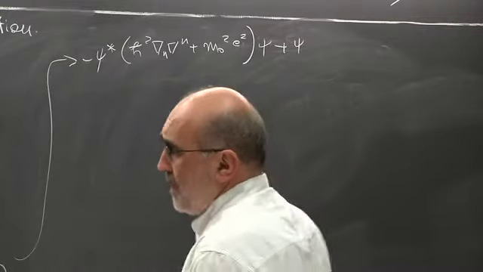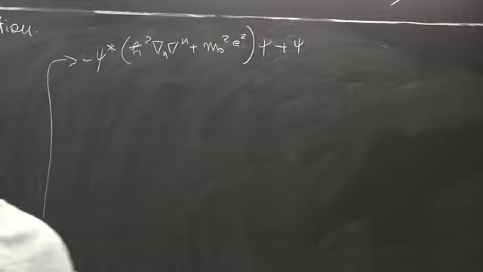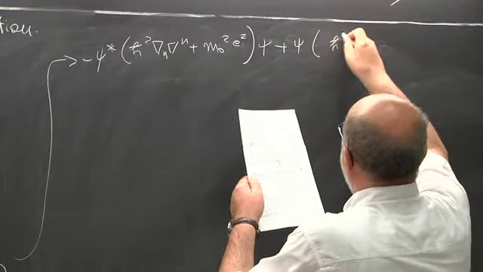The signs are right. I factor out an overall minus 1 because, doing the square, I get a minus. With this minus it compensates, so h square